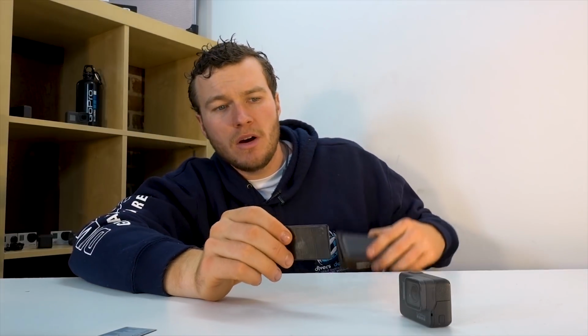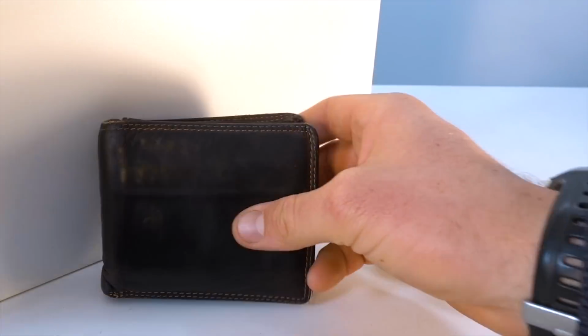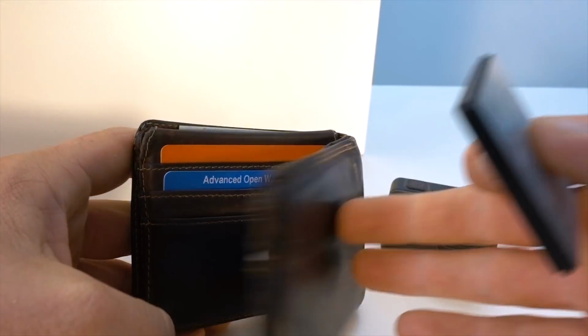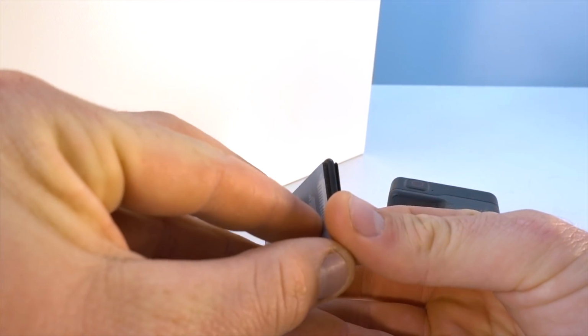This is XClear's new Nano-Suction Mount. It's super thin, it just launched on Kickstarter, and it's supposed to be awesome, allowing you to stick your camera to all kinds of things, while being small enough that you can just stick it in your wallet and take it wherever you go. When you need it, you take it out, stick a camera to the wall, and when you're done, you just put it away in your wallet, and it's good to go again